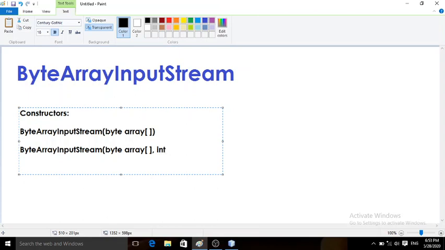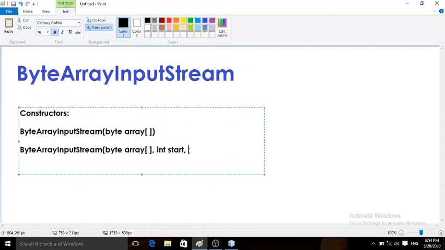The second parameter is int start, which specifies from which index location within the array we want to read data byte by byte.